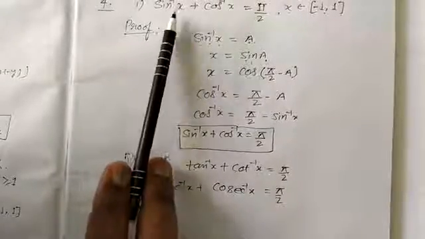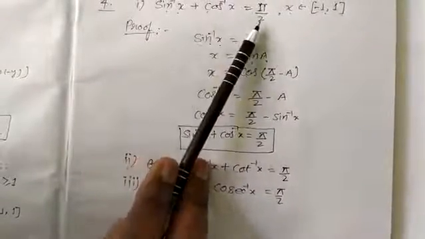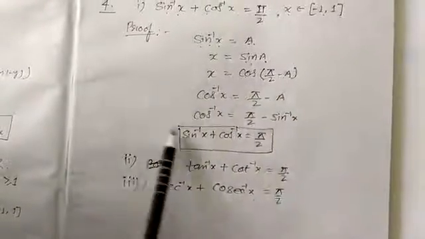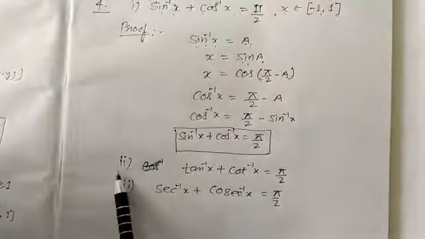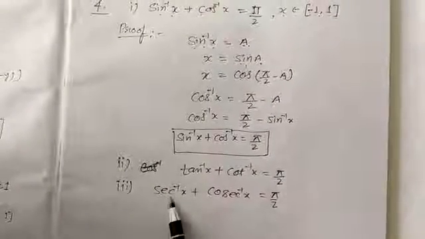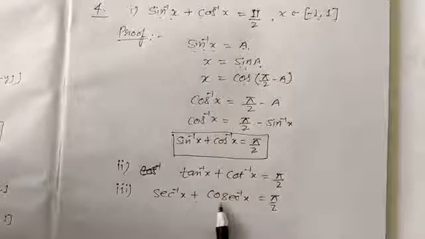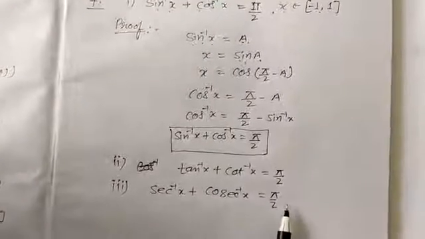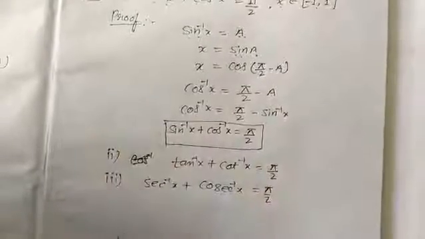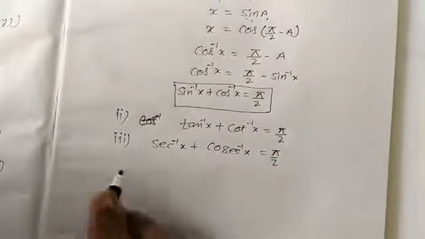First is sin inverse x plus cos inverse x equals pi by 2, and the proof of this property is like this. The second property is tan inverse x plus cot inverse x equals pi by 2, and the third property is sec inverse x plus cosec inverse x equals pi by 2. From these three properties, you conclude that